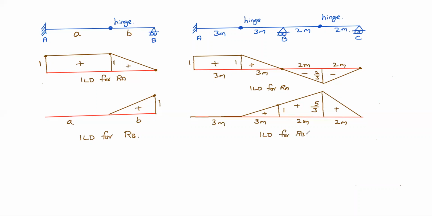Okay. Similarly, you can draw ILD for RC also. Straight line. Then RC means at C, you should go 1 unit displacement. At C, you should go one unit displacement. Okay. This one is 1 unit. Like this. Okay. It is 1 unit. Then it should not be dislocated at B. Point will be here like this, at B. But at A to hinge, it cannot go anywhere because of fixity at A.